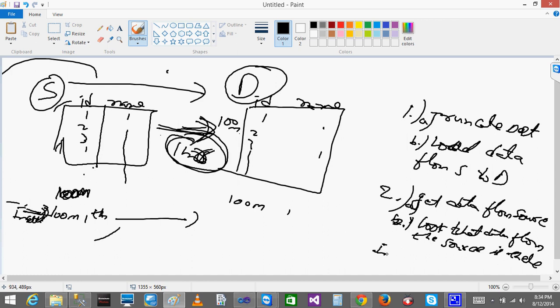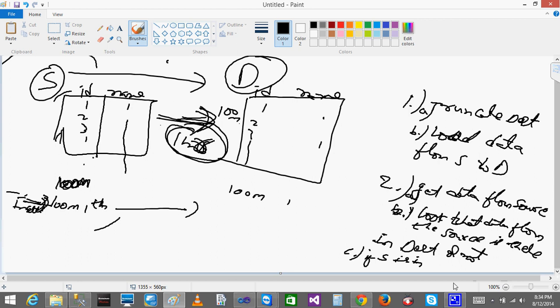Step C, if the source data is in the destination, then don't do anything.